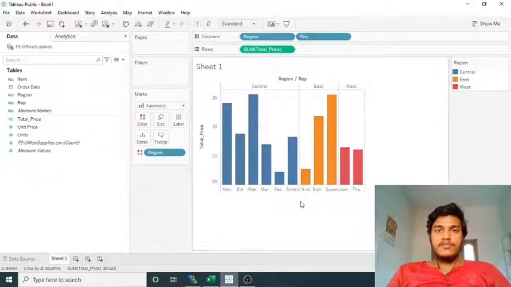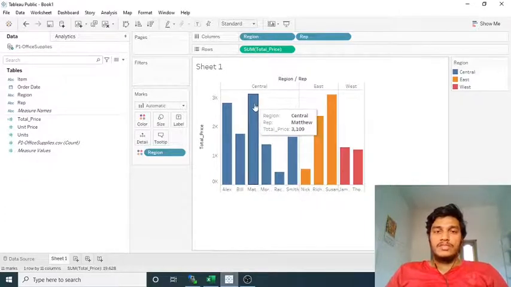In the previous video, we have seen how to create a characteristic field as well as how to add colors with respect to a few columns as well as multiple columns. So we have all seen those concepts, like how to add the colors and all. Now in this video, I am going to explain how to add labels as well as how to do formatting for the axis as well as for the pane.